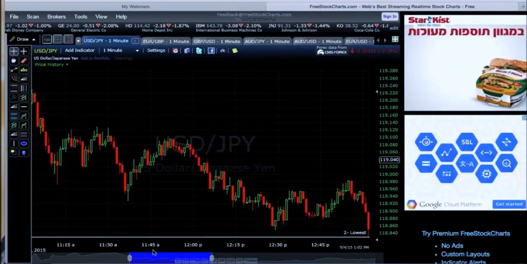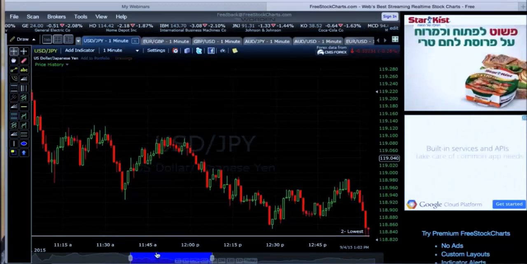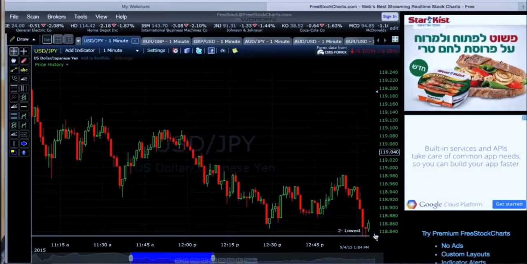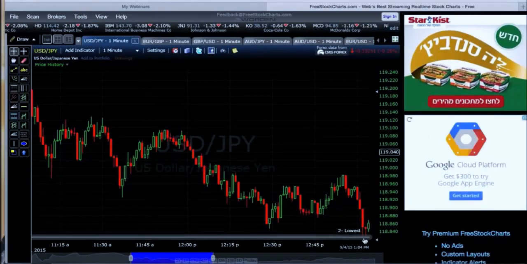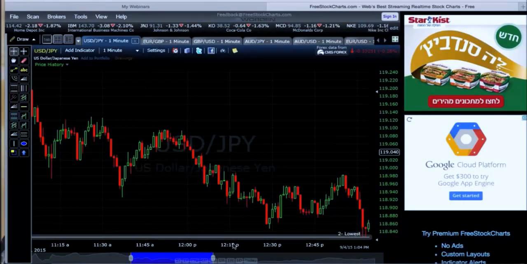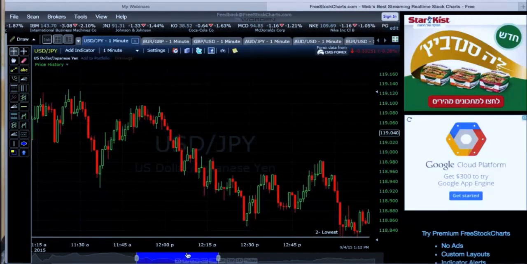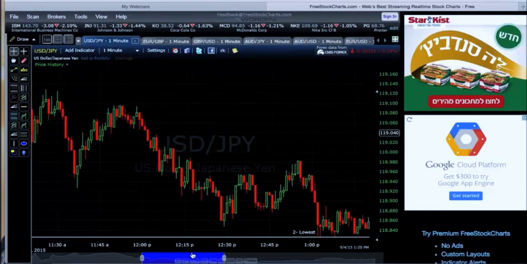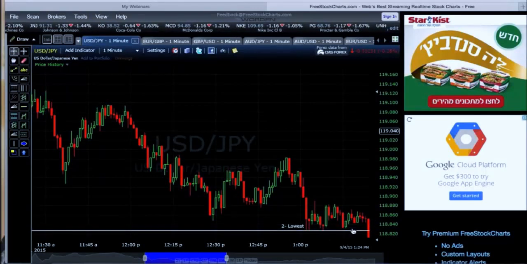So let's see what is happening next. You see this following candle created a new lowest point on the chart. So we're moving it downward. We're still waiting for our sign to enter. And here, alright. So this is going to be our third point, this is going to be our trigger